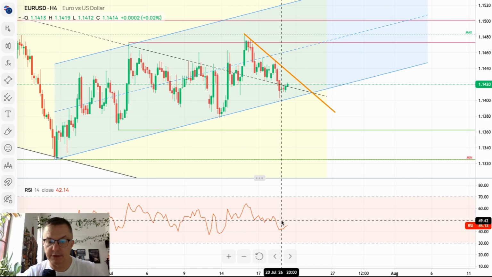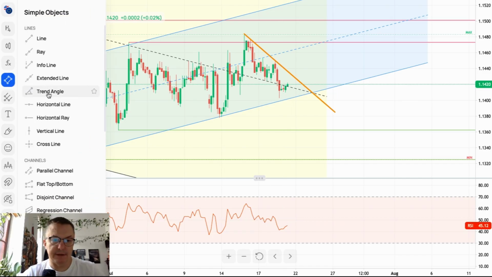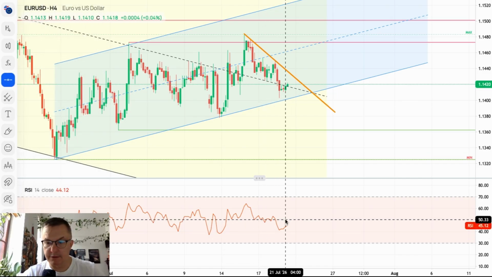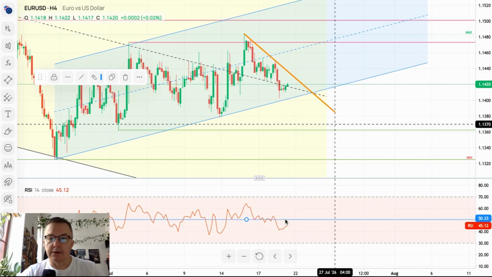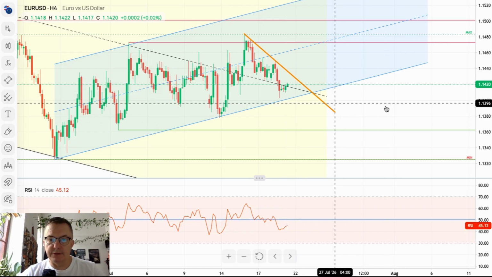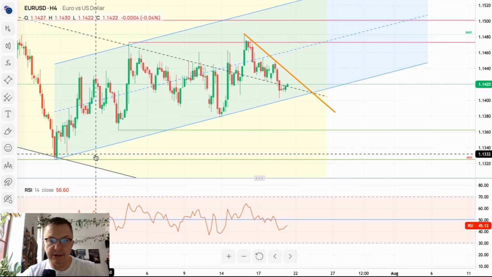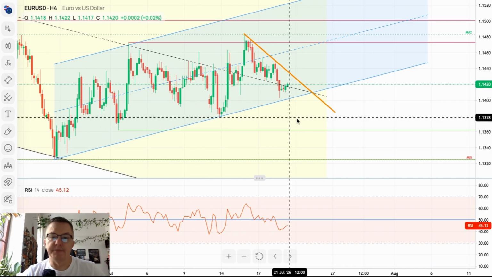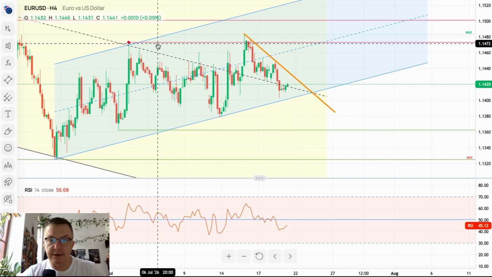especially that we are below the level of 50 right now. Let me just place the horizontal line on the level of 50 so we know where we are. There you go. Okay, so that's the one situation. The second situation is the blue channel. The third situation is the yellow channel. The range is still the same, roughly